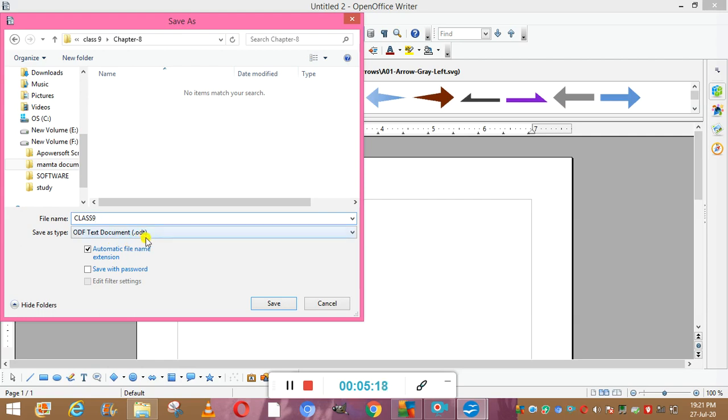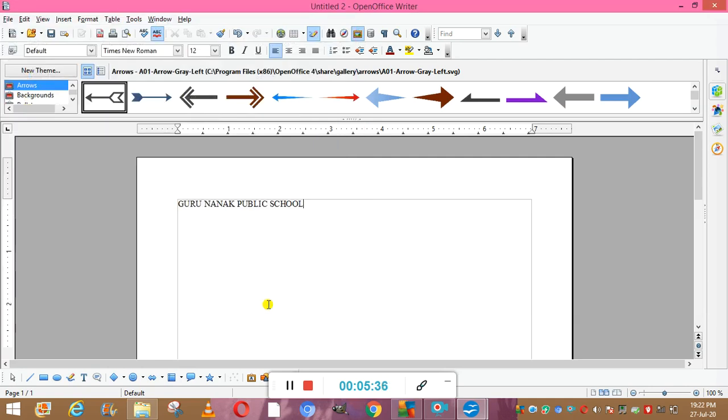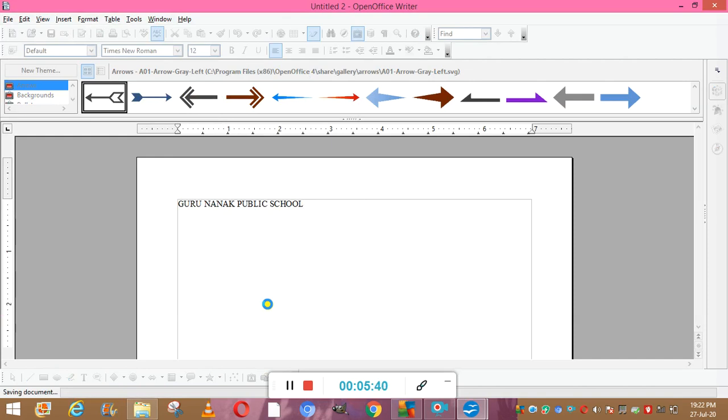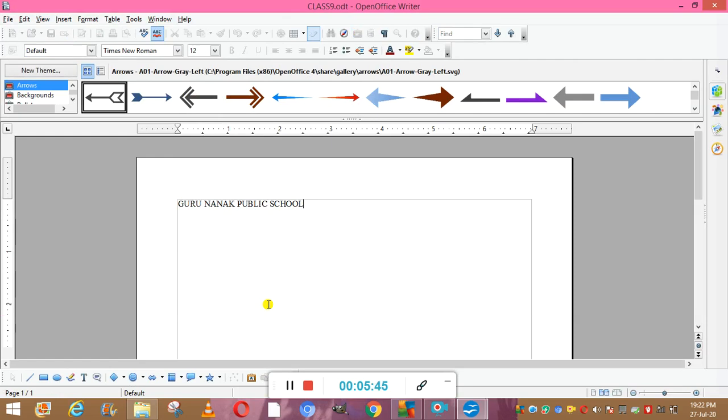MS Word is also document software in which we can create documents, but in that the extension is .docx. In OpenOffice Writer the extension is .odt. So it is going to save the file with the name class9.odt. So what is the default extension of OpenOffice Writer files? It is .odt. Now you can see our file is saved.